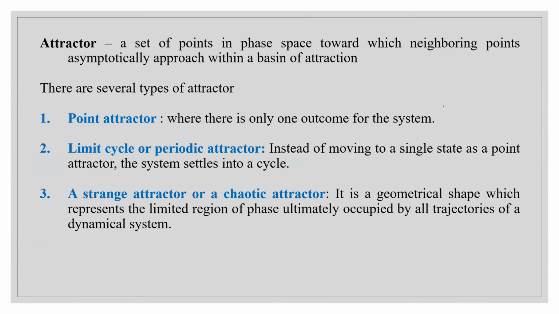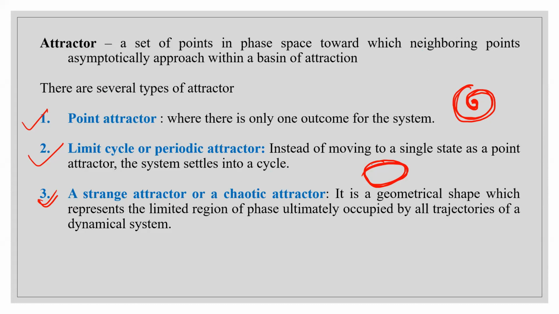Now I will end by saying that there are several attractors. There are point attractor and limit cycle. Limit cycle I have already shown you, the type of behavior which you have seen in prey predator. And point attractor is when the system settles down to a point. We can have these three types of attractor for any system. First one is point attractor, meaning every solution gets attracted toward this point. So this one is called a point attractor.